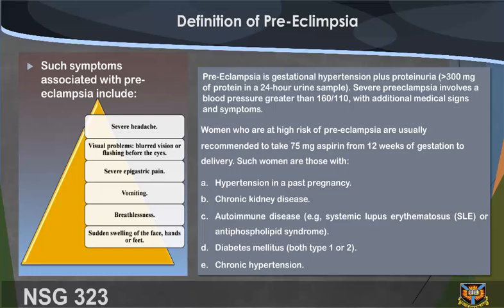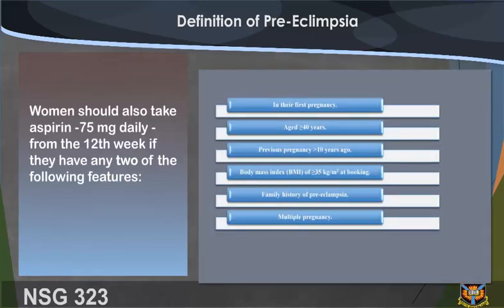Such women are those with A. Hypertension in a past pregnancy, B. Chronic kidney disease, C. Autoimmune disease, e.g. systemic lupus erythematosus, SLE, or antiphospholipid syndrome, D. Diabetes mellitus, both type 1 or 2, E. Chronic hypertension. Women should also take aspirin, 75 mg daily from the 12th week if they have any two of the following features: